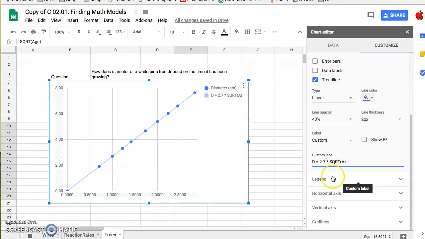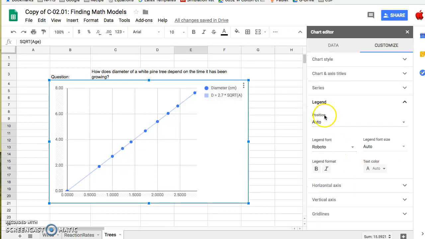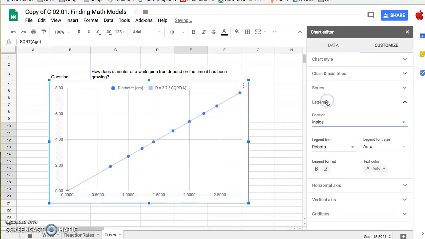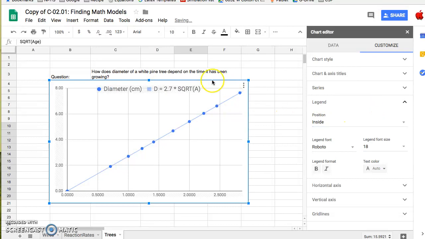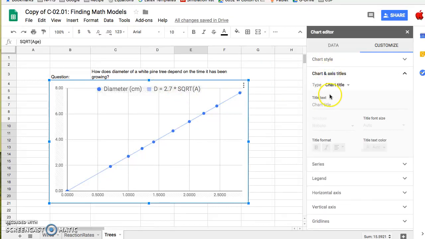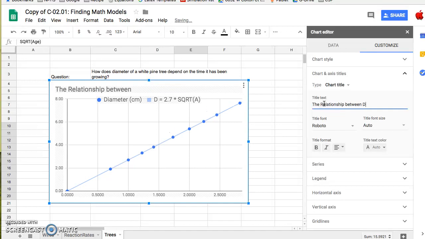I can clean this up a little bit by going to Legend. The position is inside. That puts it in here. And I'll make it a little bigger. So here we have the diameter equals 2.7 times the square root of the age. And then I've got to do my titles. My chart title is the relationship between what's on my y-axis, which is diameter,